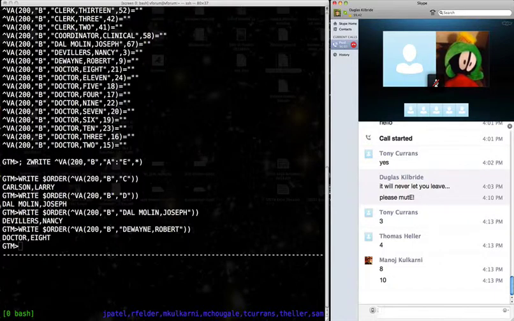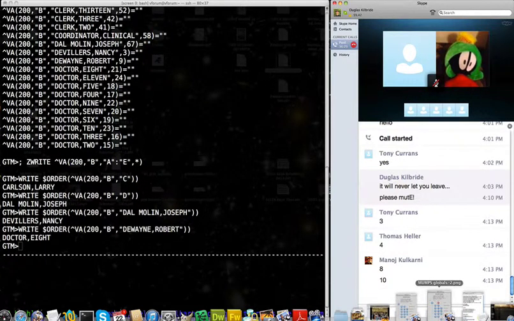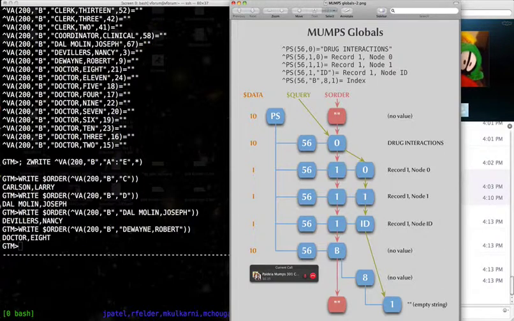Does anybody have any questions about this so far? Okay, so what I want you guys to look at is we have a diagram that's titled mumps globals -2.png. If you could take a look at that, I'll give you a moment to bring it up. So if you look at that diagram,